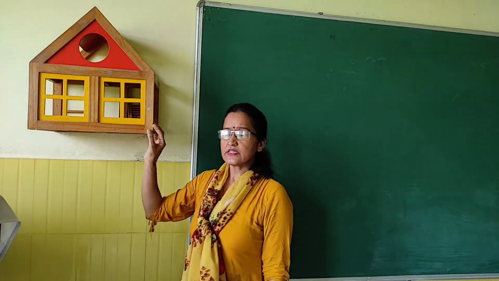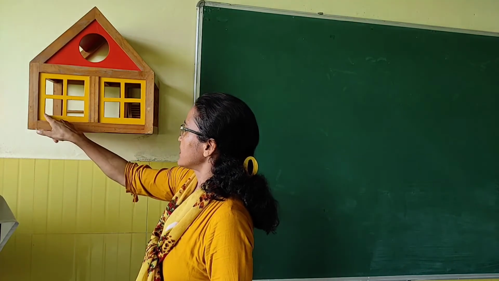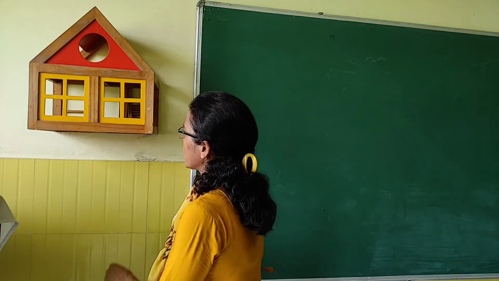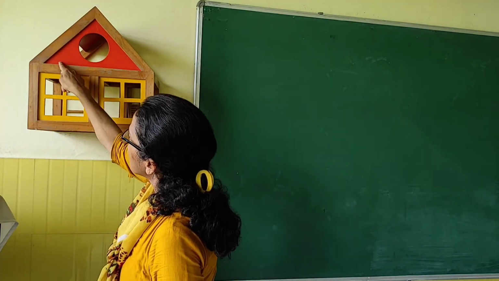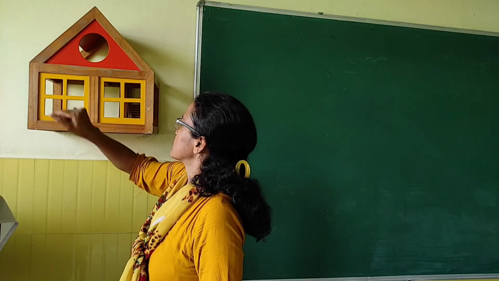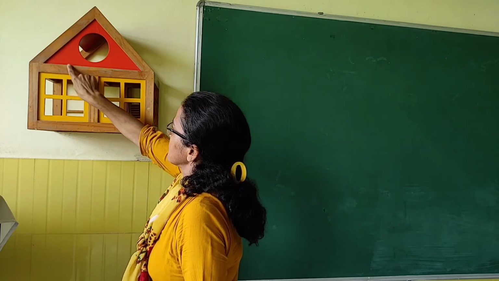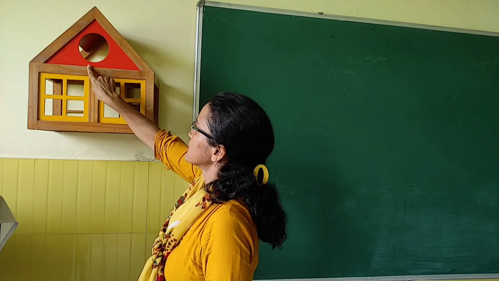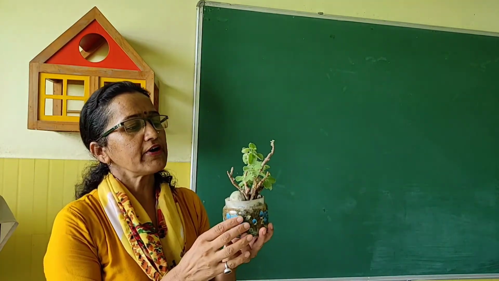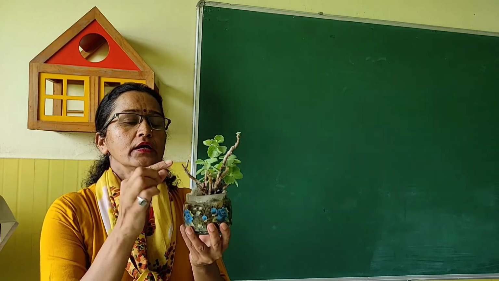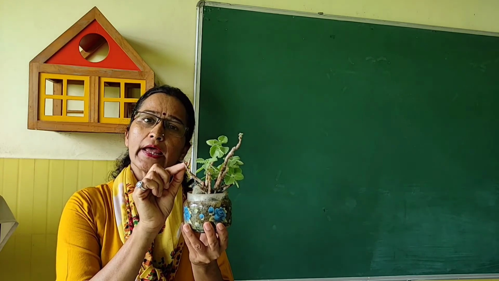Now here you can see that this angle is a right angle and this angle is a right angle. Now here, acute angle. Now which is the acute angle? This angle is called an acute angle. Now straight angle. What is a straight angle? This line indicates the straight angle. Now with the help of this plant, we can identify different types of angles. Like, now this is a shape. Now which shape is this? This is the shape of an acute angle.